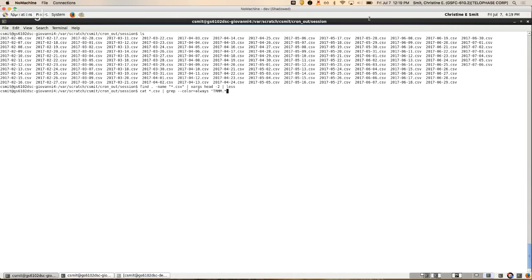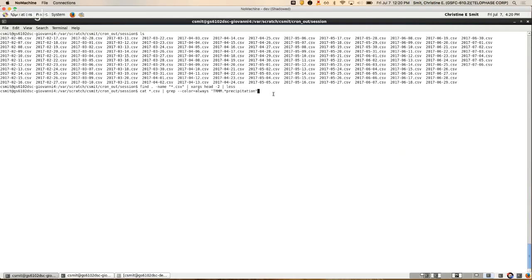These are files showing what the inputs were to our Giovanni tool each day. So it's got stuff like what variables people were asking for. TRMM is a satellite that has data products that people are very fond of. And what I'm telling grep to search for is any line that has TRMM precipitation in it.